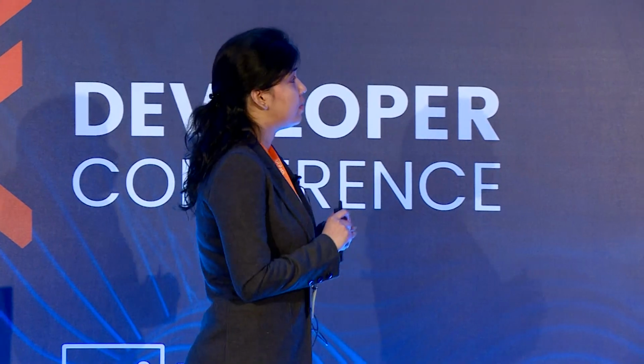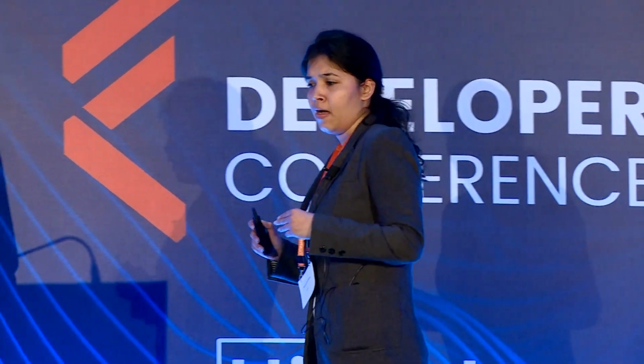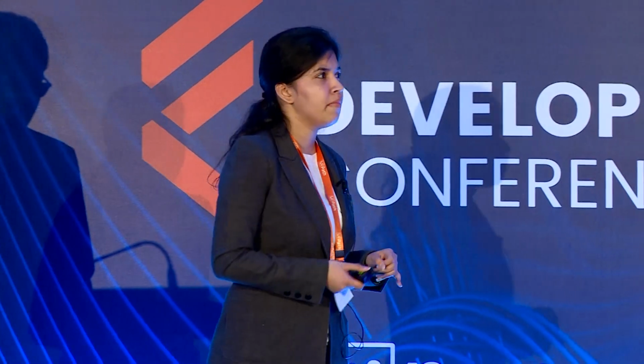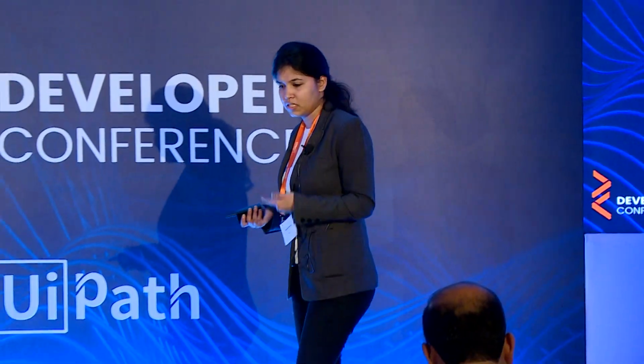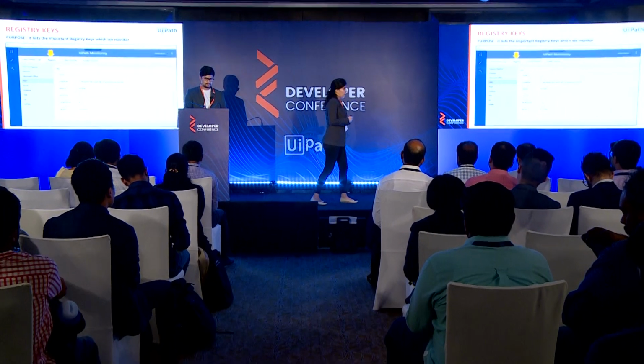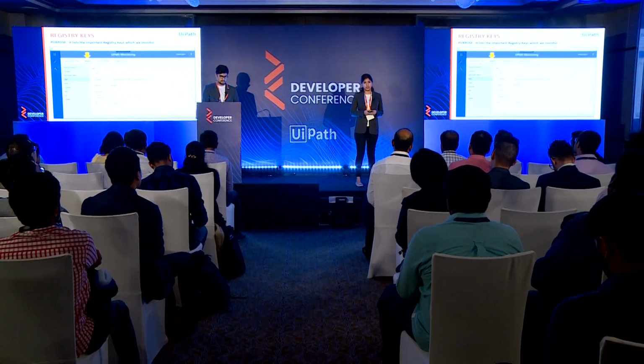Let's move to the next slide, which is the registry key that we have captured. Here, we have captured all those applications which are really important regarding the registry key. So we have seen a lot of cases wherein the issue comes if there is a duplicacy in the registry key, or maybe the key is corrupted, and many more. So now here you can simply check if the issue comes for these applications, for example, IE, Chrome, Office, Outlook, and many more.